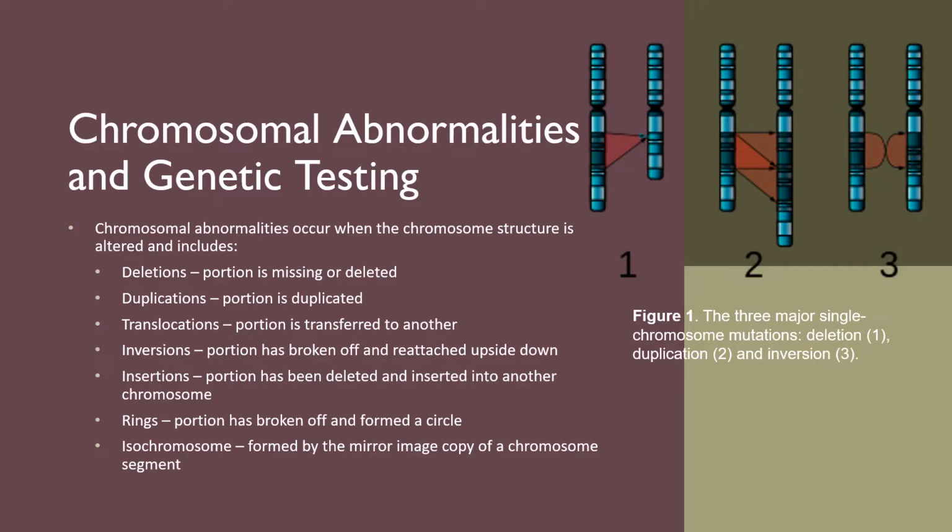Okay, next we have chromosomal abnormalities and genetic testing. Chromosomal abnormalities occur when the chromosome structure is altered and includes, so ito yung mga yun, deletions. So here, in this part, etong sa number 1, this part is na-delete na wala. So, naging short lang siya, ganyan. And then, duplications, some portion is duplicated. So, here, itong part na to, napunta siya ron, tapos nag-duplicate siya, naging dalawa. Kaya siya naging duplication. We also have